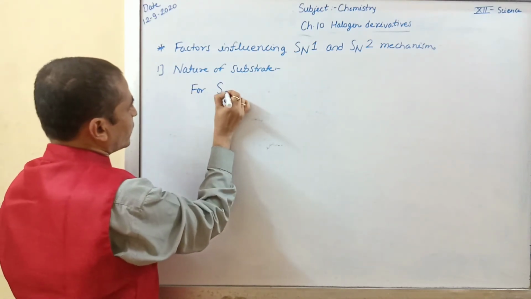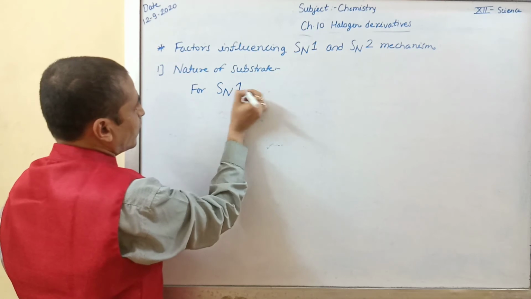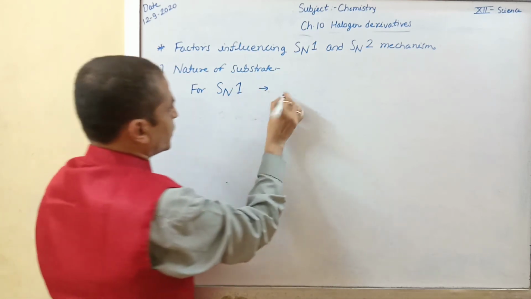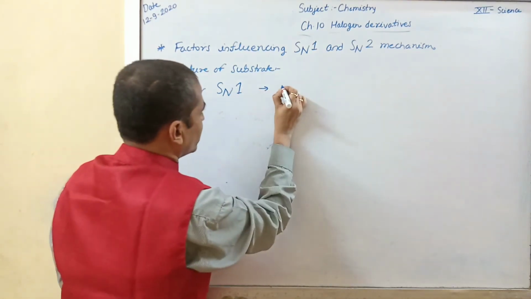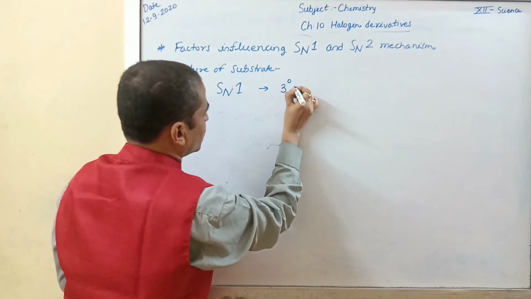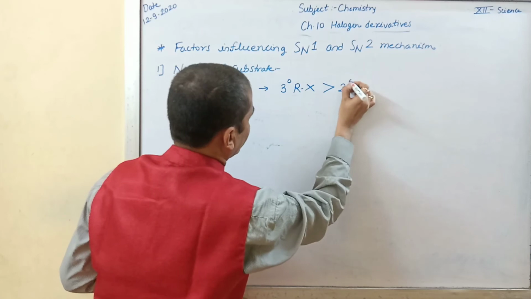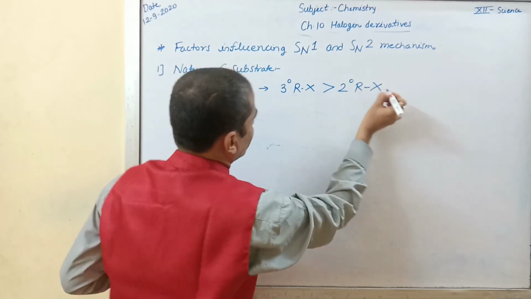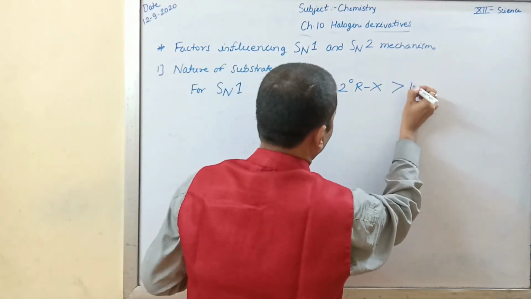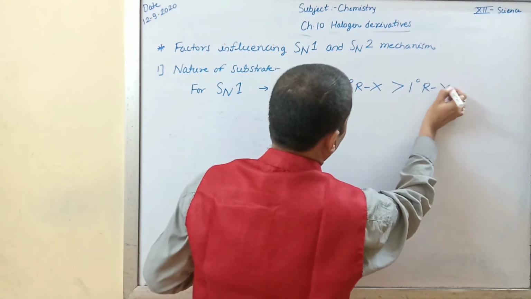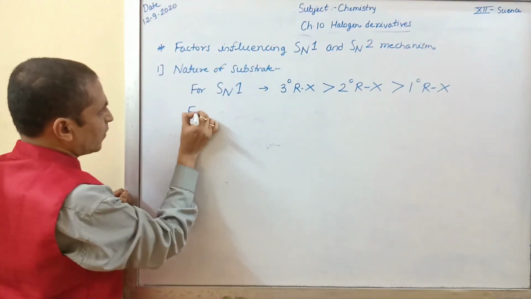For SN1, the order of reactivity of substrate can be written as tertiary alkyl halide greater than secondary alkyl halide greater than primary alkyl halide. But for SN2,